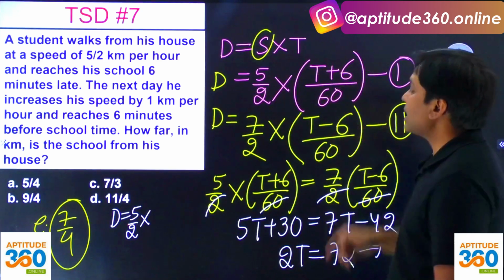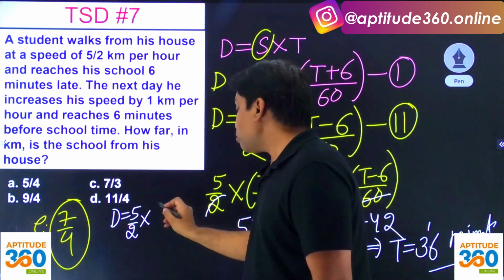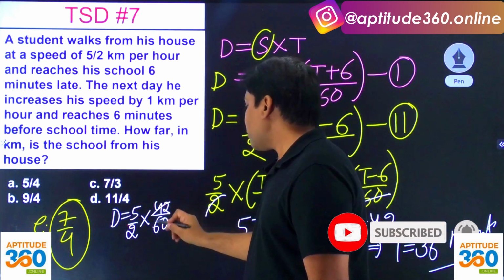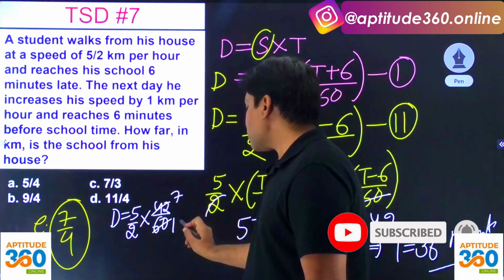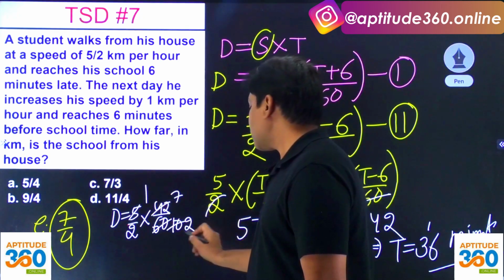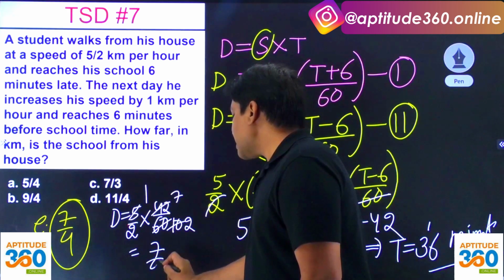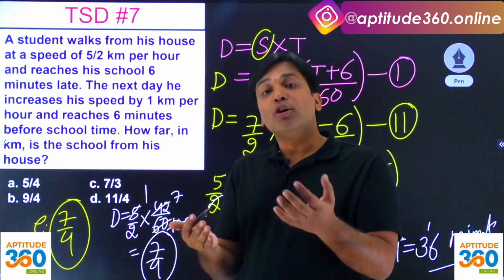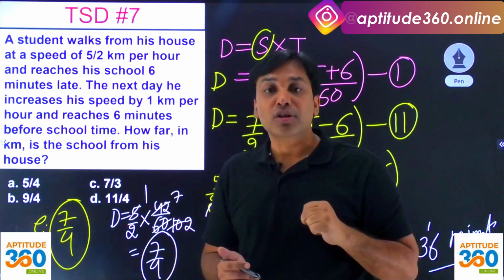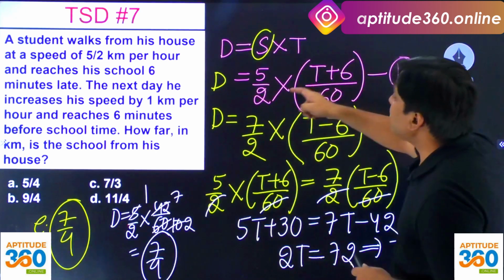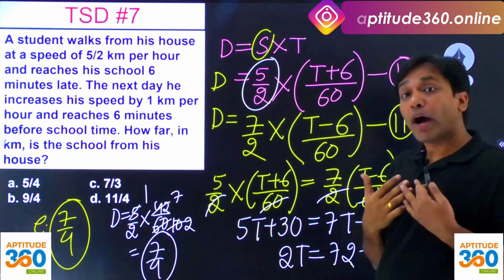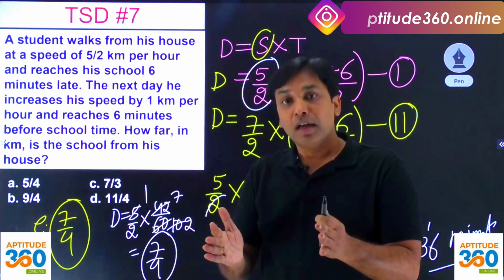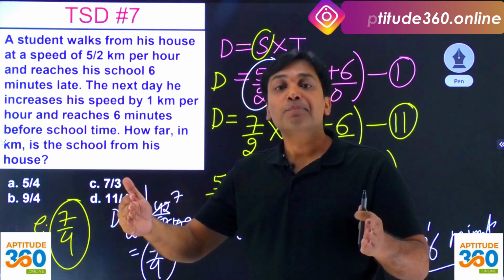So 36 + 6, 36 + 6 is 42. 42 divided by 60. If you simplify this, it is going to be 7 into 6, 10 into 6, this is 1, this is 2, and the answer comes out as 7/4. It is not 7/3, rather it is 7/4. प्रॉब्लम तो सिंपल है। अब आपको देखो ना, प्रीवियस वाले प्रॉब्लम पे 2 वेरिएबल लेके वो चल रहा था। नाउ इन दिस क्वेश्चन स्पीड हैज ऑलरेडी बीन गिवन टू यू। इफ नाउ आई हैव एन अंडरस्टैंडिंग, भाई अगर एक ही वेरिएबल है देन प्रॉब्लम कैन बी सिंप्लीफाइड।